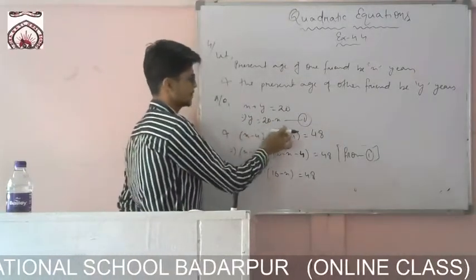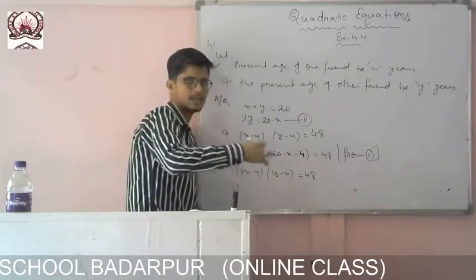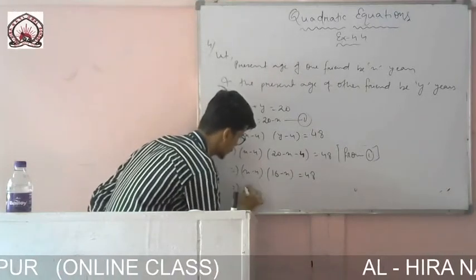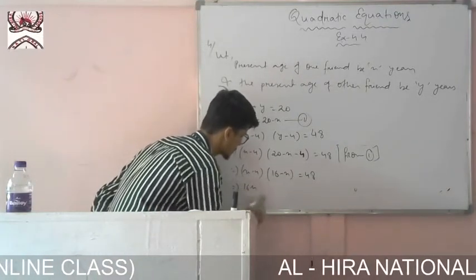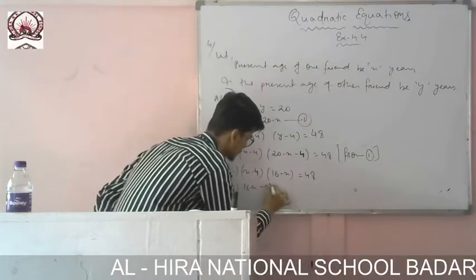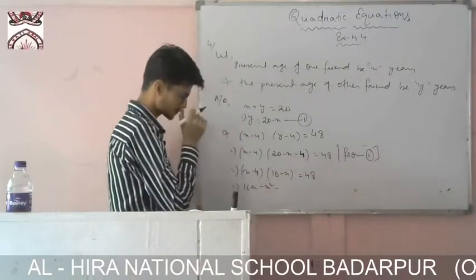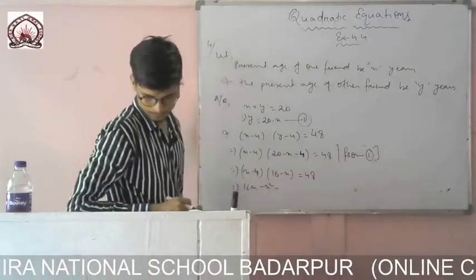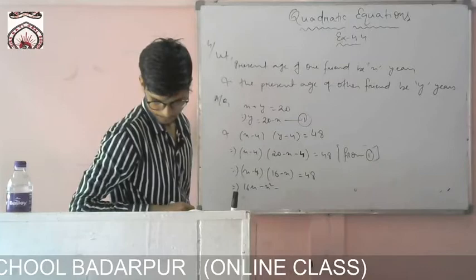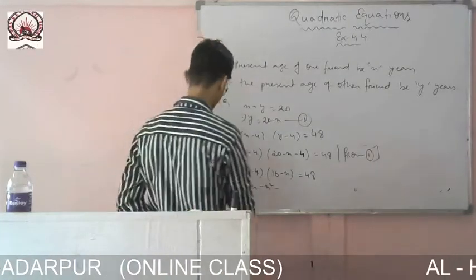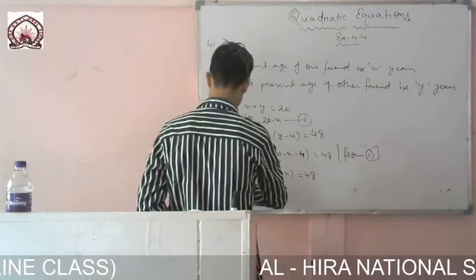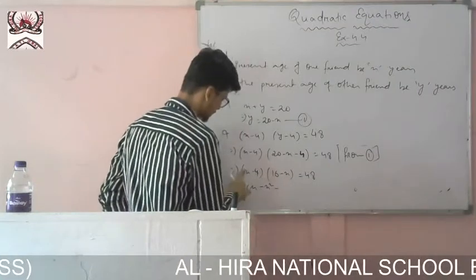Earlier, every time in place of y we had to write 20 minus x, and again and again I had to multiply. If I do it like this, then it will be over in one multiplication. So 16 into x is 16x, x into x is x square, minus, then you see here, this is x actually.